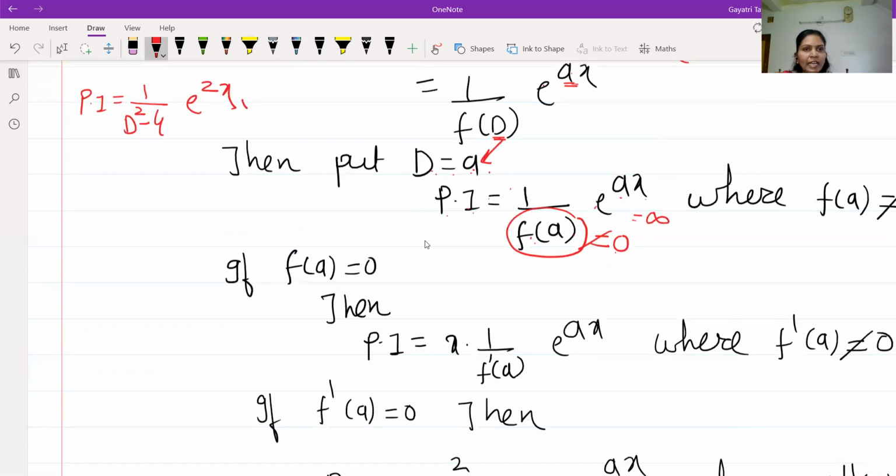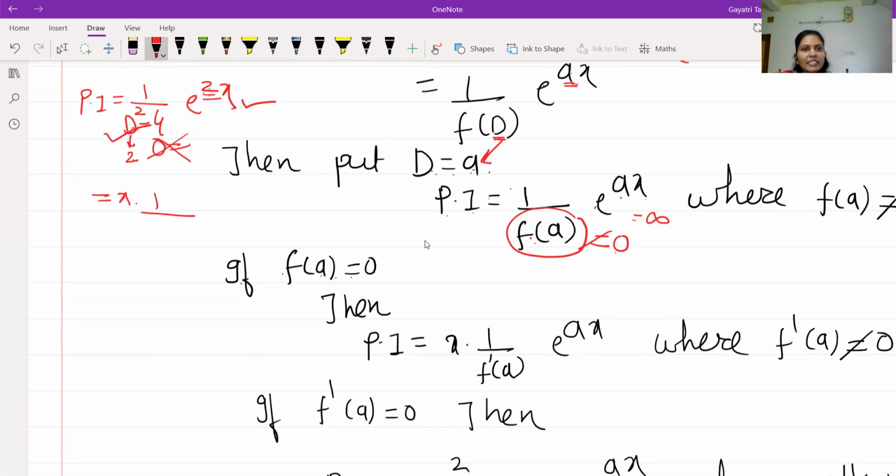पहा आता हे आहे आपलं एक्सपोनेन्शियल फंक्शन आणि what is the value of the a? A is the coefficient of the x, that is 2. तर सपोज जर का D च्या जागी तुम्ही 2 ठेवला तर 2 square 4 minus 4, it will be 0. So which is not allowed. सो इन दॅट केस म्हणजे सपोज जर का a पुटअप केल्यावर डिनॉमिनेटरची व्हॅल्यू 0 येत असेल तर काय करायचं तुम्हाला? Multiply by x and take the derivative of this denominator.